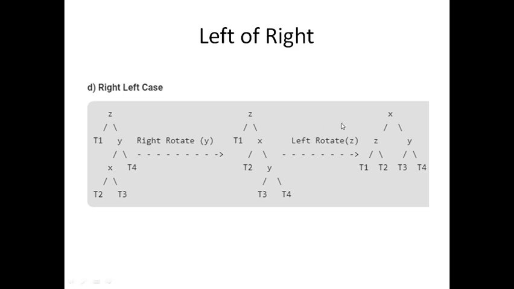So this is an example where the left subtree has height 1 plus 1, 2, but the right subtree is 1, 2, 3 plus 1, 4. So the difference is 4 minus 2, which is 2. The reason that this is called a left of right is that the overall problem is in the right of z, which is right of root, but within the y we have a problem in the left subtree, so it's called left of right.